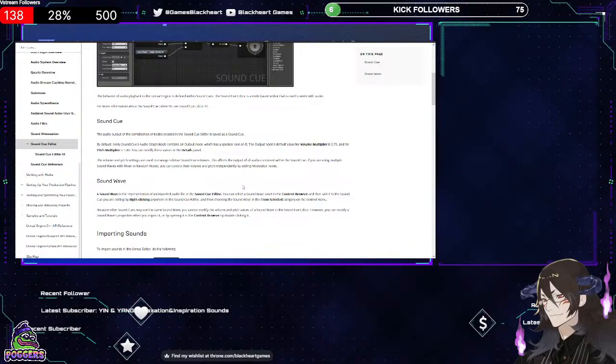How is a sound cue different from a sound mixer? That's kind of my thought line about this. What is a sound cue? What is it all about? So they're not really addressing that very well, or at least maybe I'm missing some keyword. Maybe I'm just not seeing what